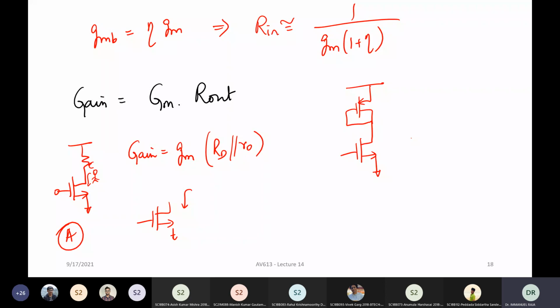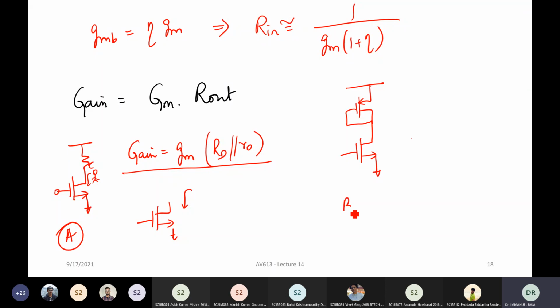We derived the output impedance mathematically in the previous section, probably in the last two classes. Now, this is the same expression that we got by the more laborious process of drawing the small signal equivalent circuit and deriving the whole thing. But an easier method is to take the effective transconductance and the total output impedance. Multiply the two, you get the gain. So here I demonstrated what the gain is.